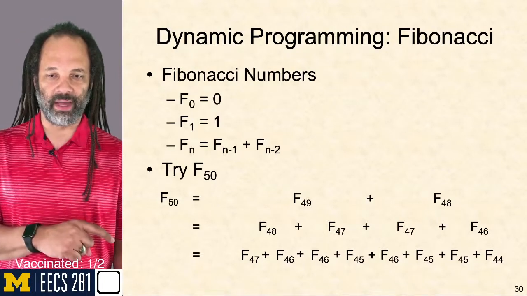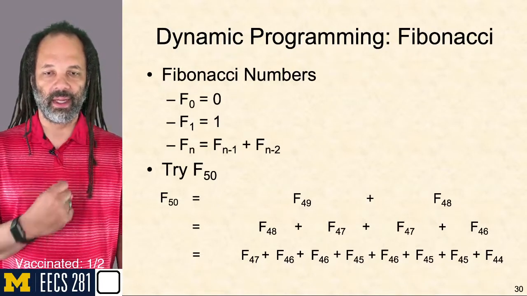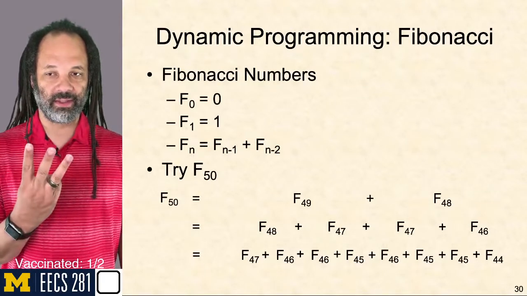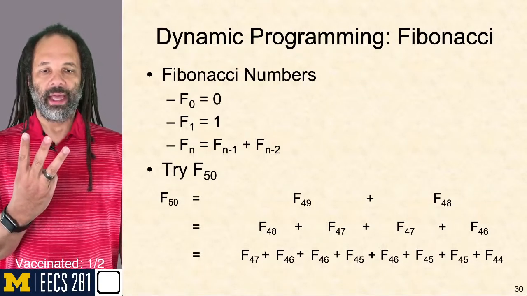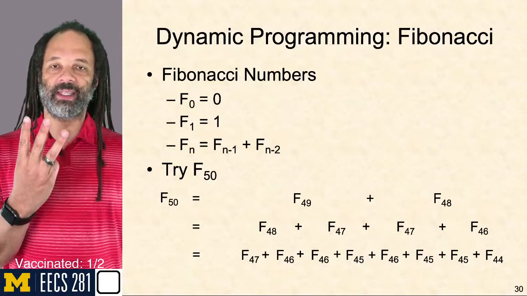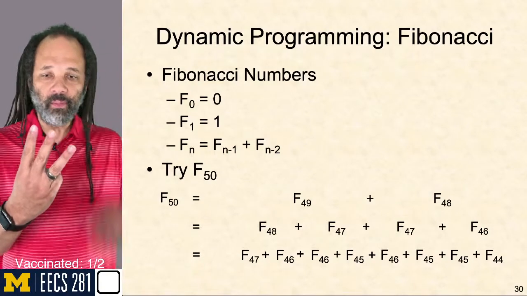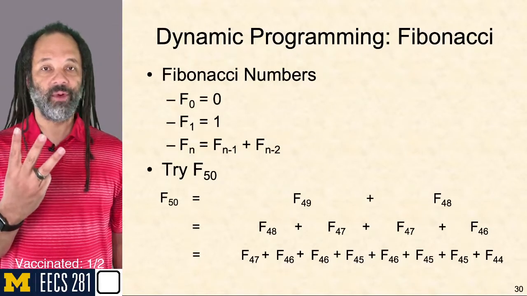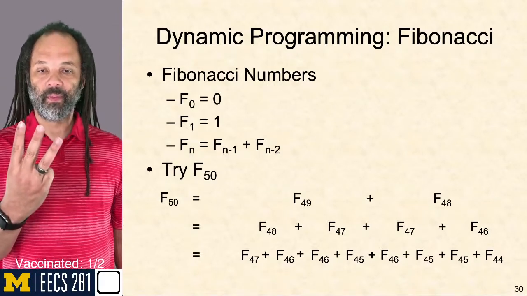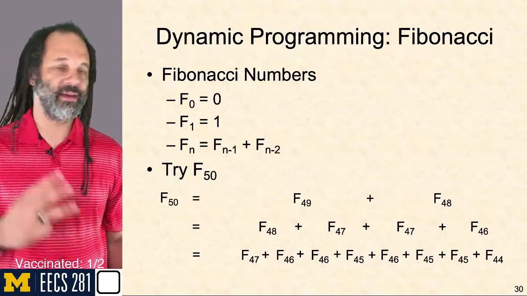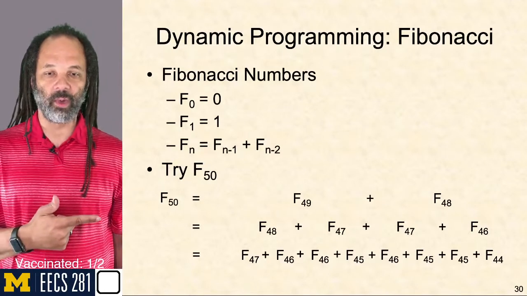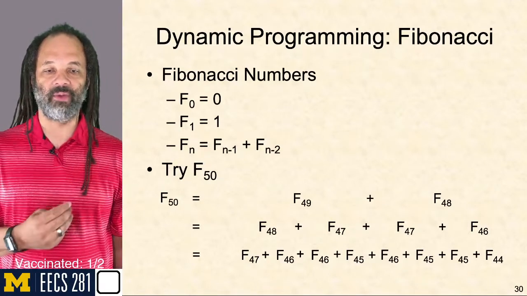I got Fib 47 plus Fib 46 plus Fib 46 plus Fib 45 plus Fib 46. So if Fib 46 is expensive to calculate, I will have calculated it 3 times. And it turns out Fib 46 is pretty expensive, because it's got a whole bunch of calls of Fib 45 and 44 and 43 and so on. So you can also see multiple calls of Fib 45 here. I've got 3 calls of Fib 45